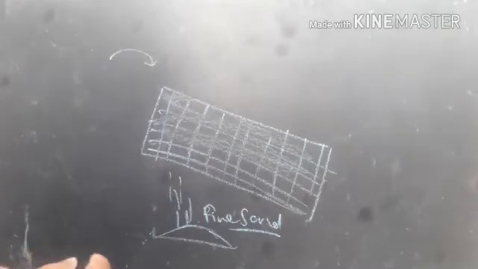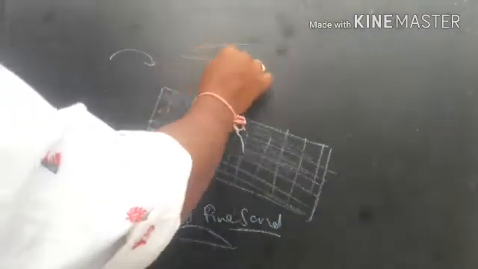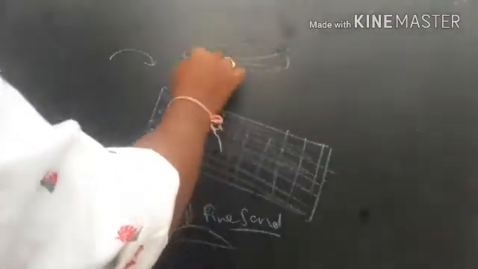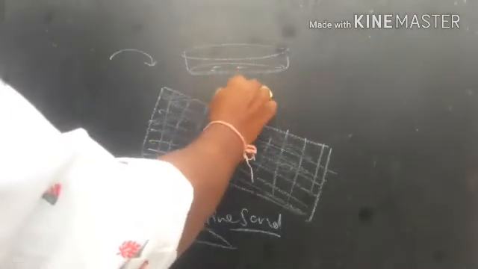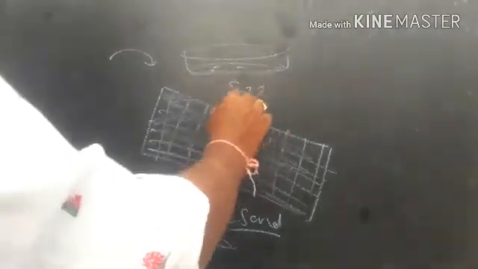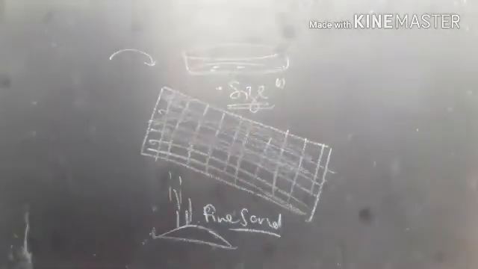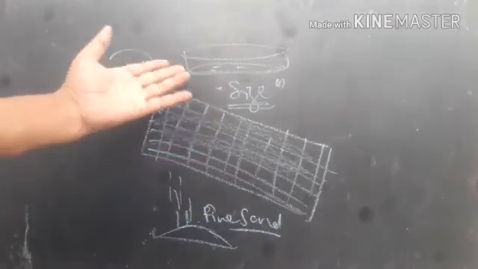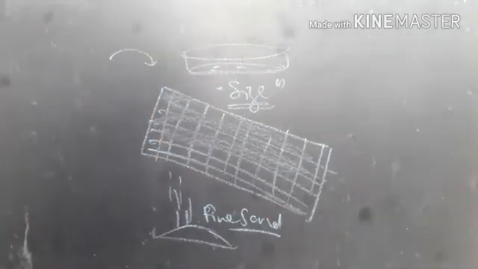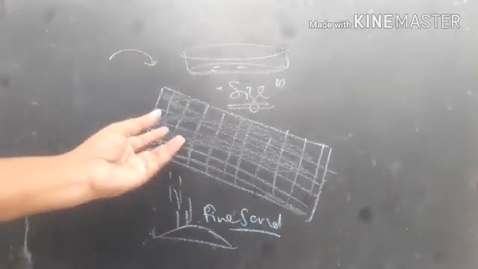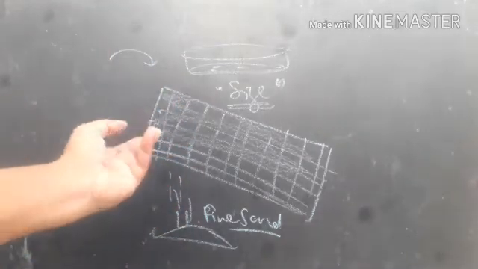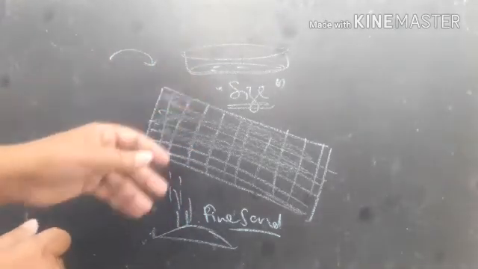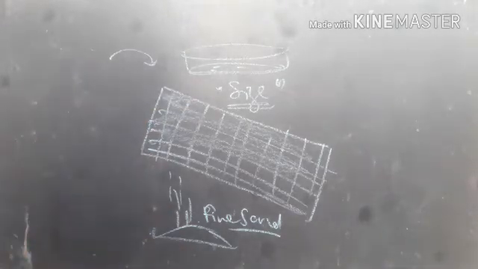Have you got it? So by using a sieve, we can separate materials depending upon their size difference. We are getting the desirable product and removing the undesirable product. That is why we use the sieving technique.